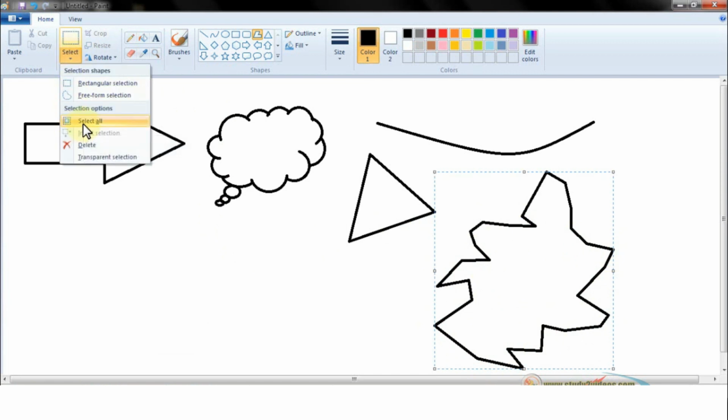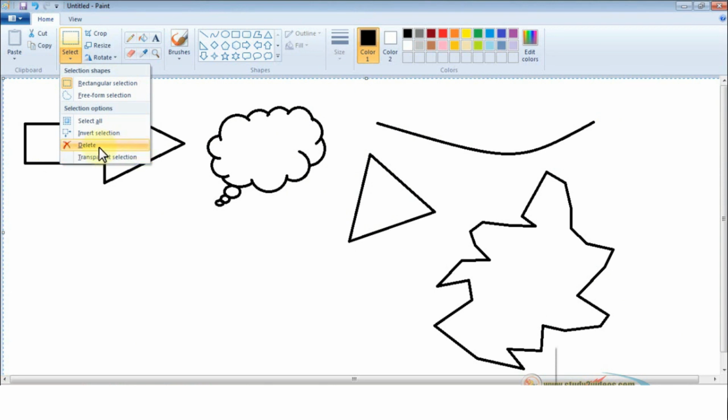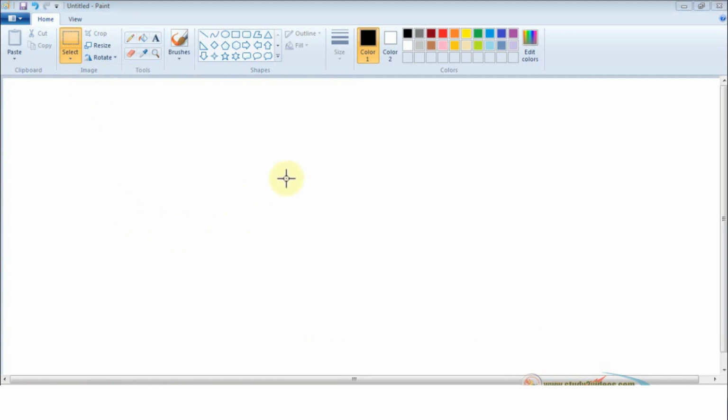Now I'm going to select the selection tool. I'm going to use the option select all. Select all means it selects the drawing area. Okay, are you able to see the drawing area? The white area is selected when I click select all. The full area is selected. Now I'm going to delete it. Are you able to see? Whatever shapes are appearing in the drawing area, they all get deleted. Okay.